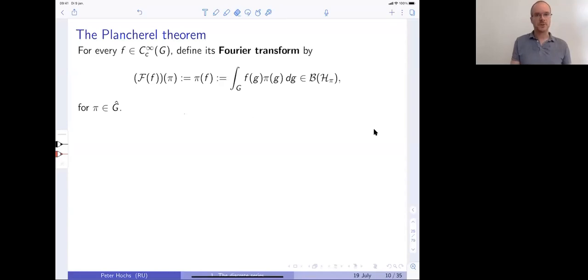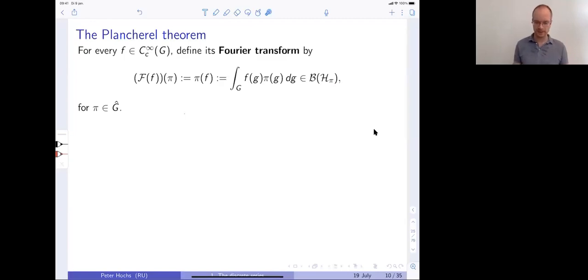So the Fourier transform of f at an element in the dual space is this thing, pi of f. And of course, the argument of pi is a group element, but if we put in a function, it means this. So we average pi of g with this function. And initially, this is a bounded operator on this H pi. So a priori, it's not yet clear that this is really a section of this bundle E, because those were